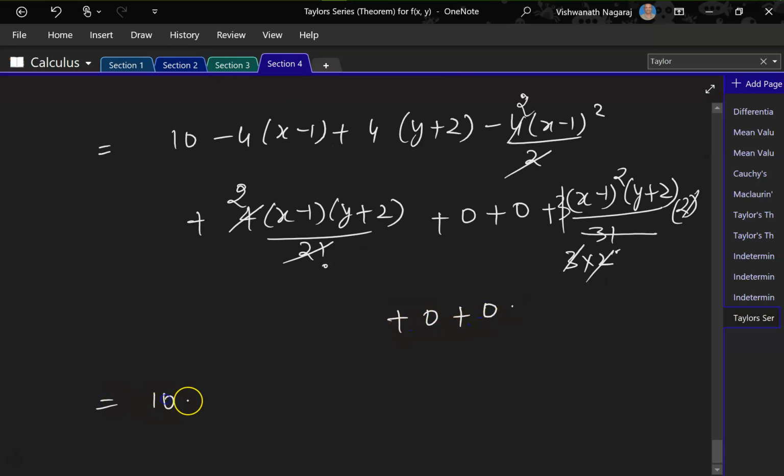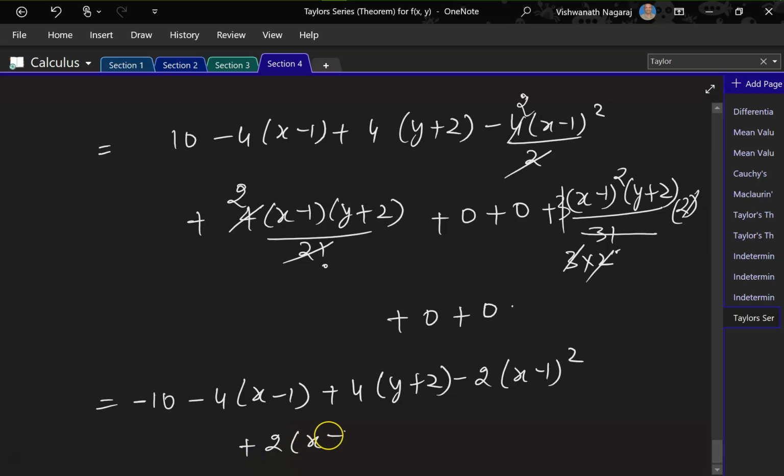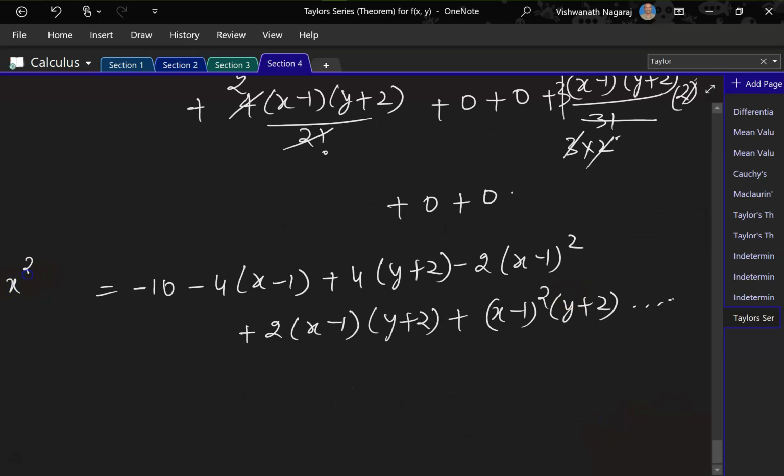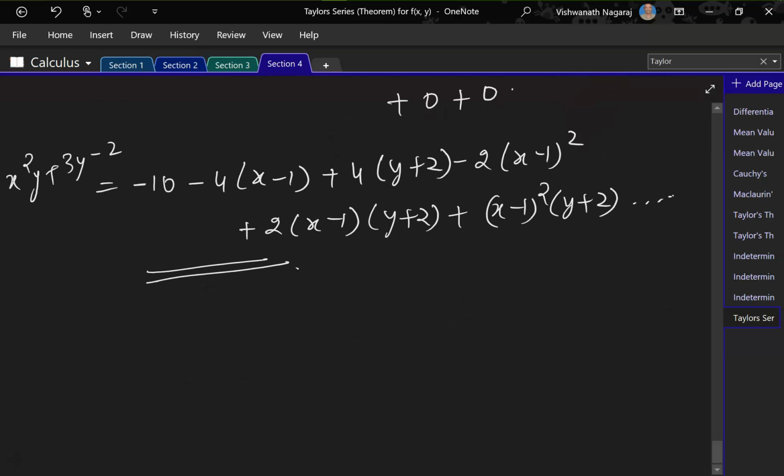So this is equal to minus 10 minus 4 times x minus 1 plus 4 times y plus 2 minus 2 times x minus 1 square plus 2 times x minus 1 times y plus 2 plus x minus 1 square times y plus 2, and so on, and this is x square y plus 3y minus 2. Yes, so this is Taylor's theorem